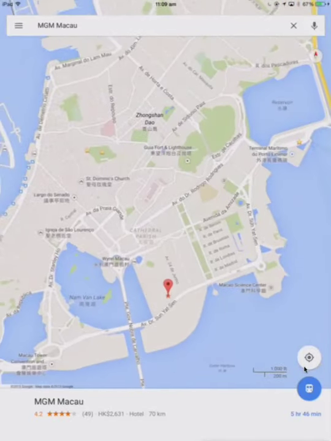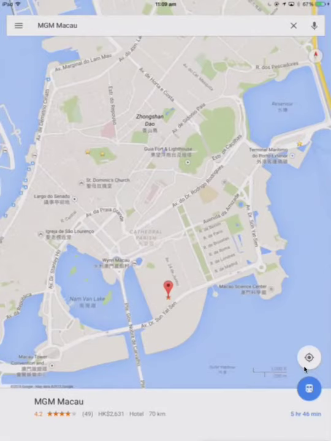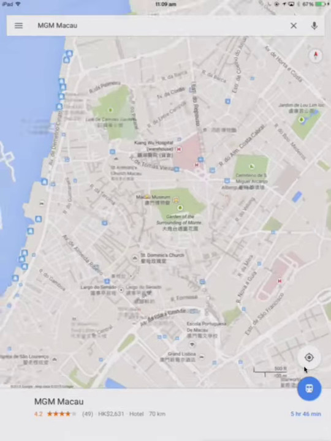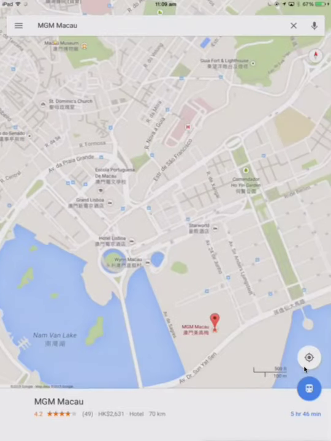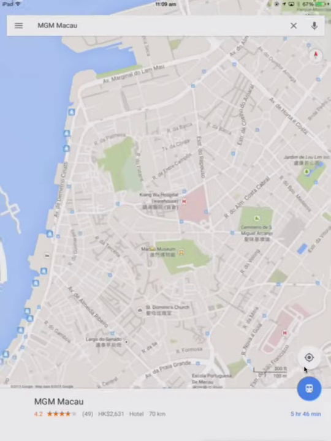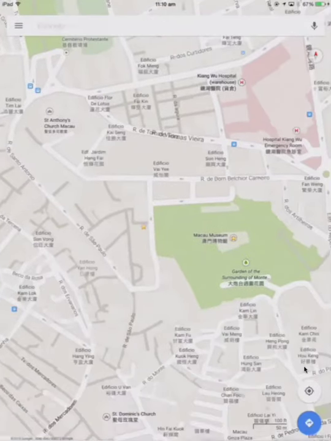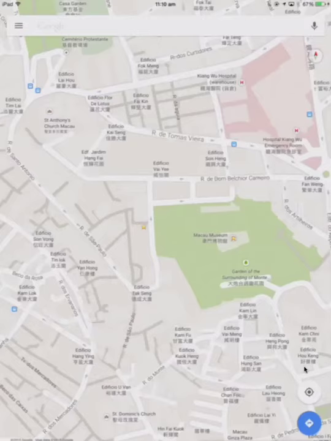Now, let's say, as an example, you are at St. Paul's ruins, and you would like to know how to get to MGM Macau. So, similar to what we did in the first tutorial, we're going to just wipe the search. Now, look at the screen. On the bottom left corner, you'll see a blue circle with a blue arrow pointing in an L shape. So you press that,